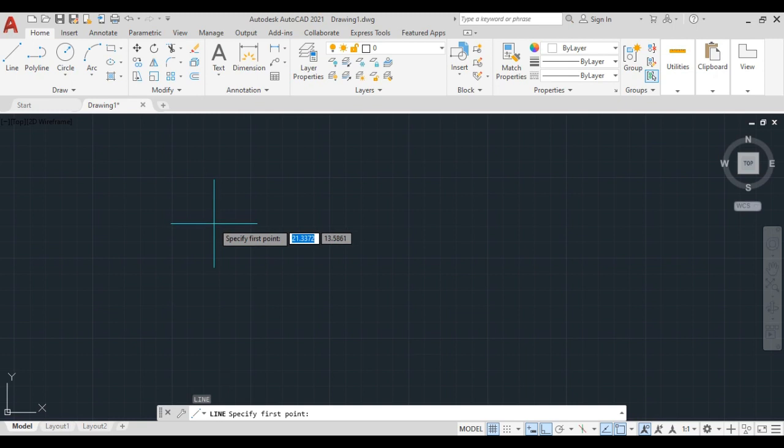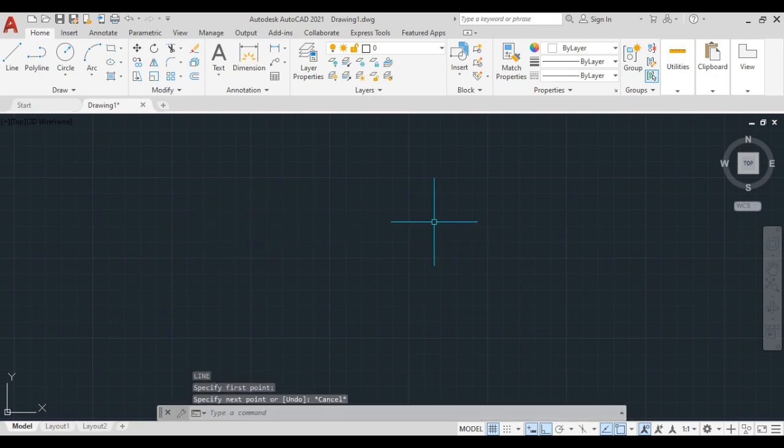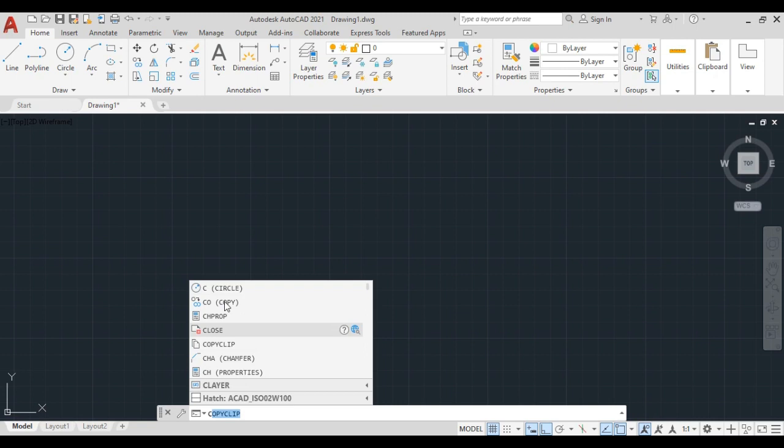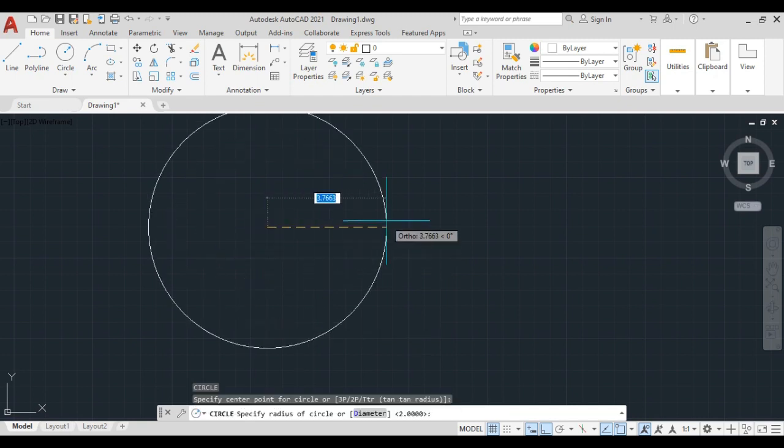Your line command will be active. Now you can draw a line. For circle, type C. Here you can see the circle option, or you can just type C on your command bar and press enter. Your circle command will be active.